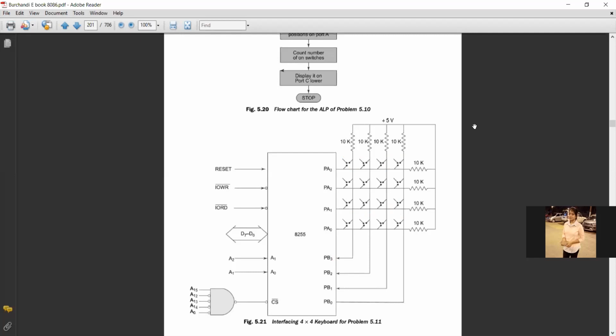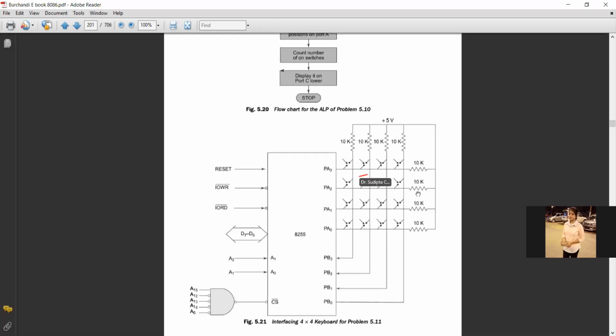Say this switch I am pressing. There are 16 switches. Like this is 0, this is 1, this is 2, this is 3, and similarly, this is F. And the corresponding others. Is it clear? 0, 1, 2, 3, 4, everything is clear? So next, say I am pressing any switch.